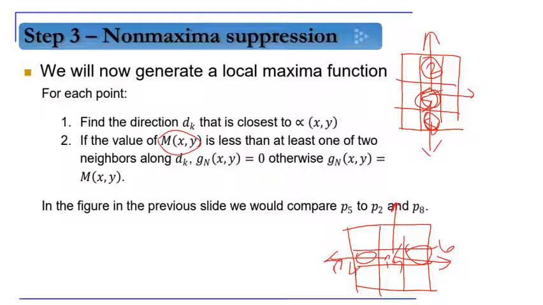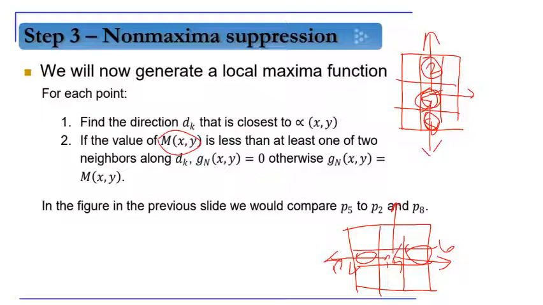So after applying this non-maxima suppression, what do we get? We get a new image gn(x,y), where all the non-maxima points are suppressed and given value 0, and only the maximum points, which represent edges, will be present. So is our work done? Have we got the edge points? Once we get the actual edge points, our work is done.